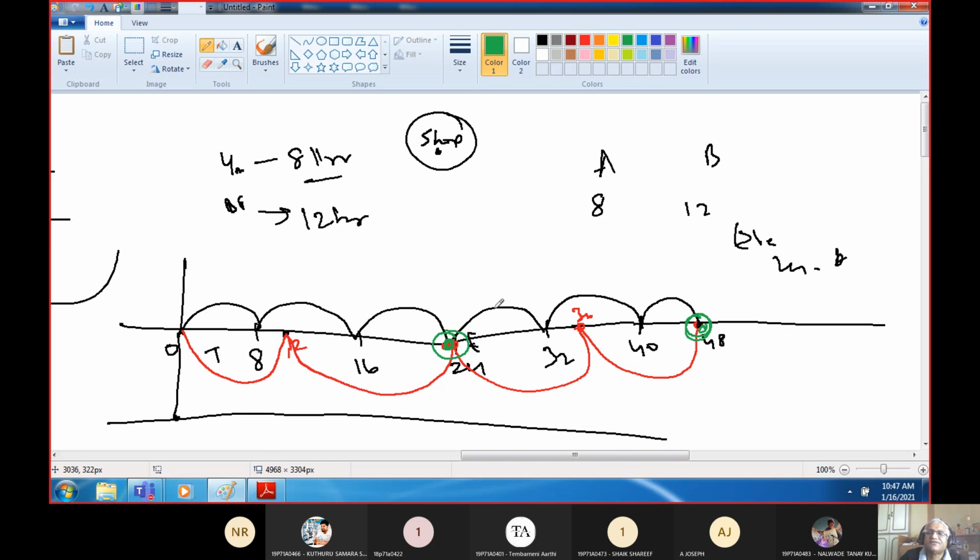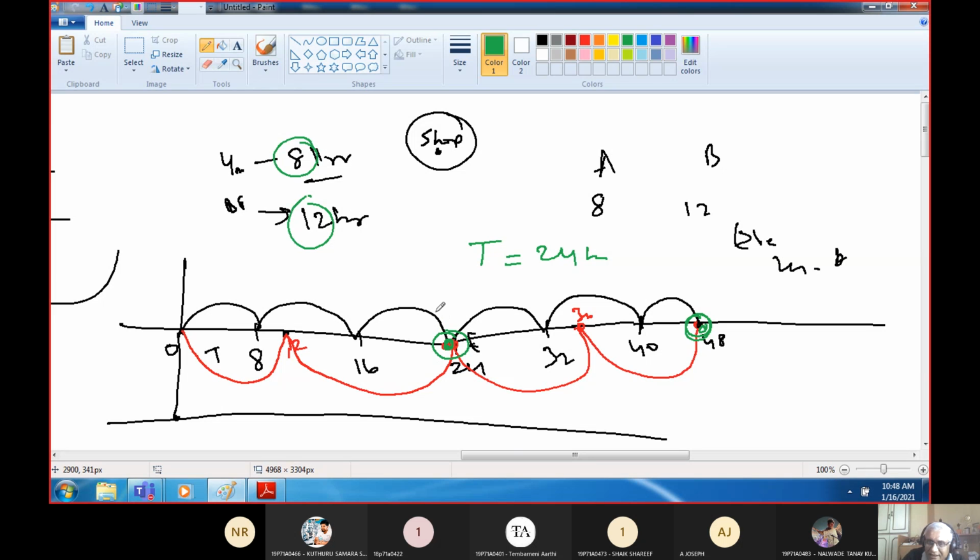The answer is yes for this particular occurrence. So we will have every 24 hours, the fundamental period T is equal to 24 hours. Okay. Now, is it related to 8 and 12? With a little bit of common sense, we can say the answer is yes. They are related to 8 and 12.